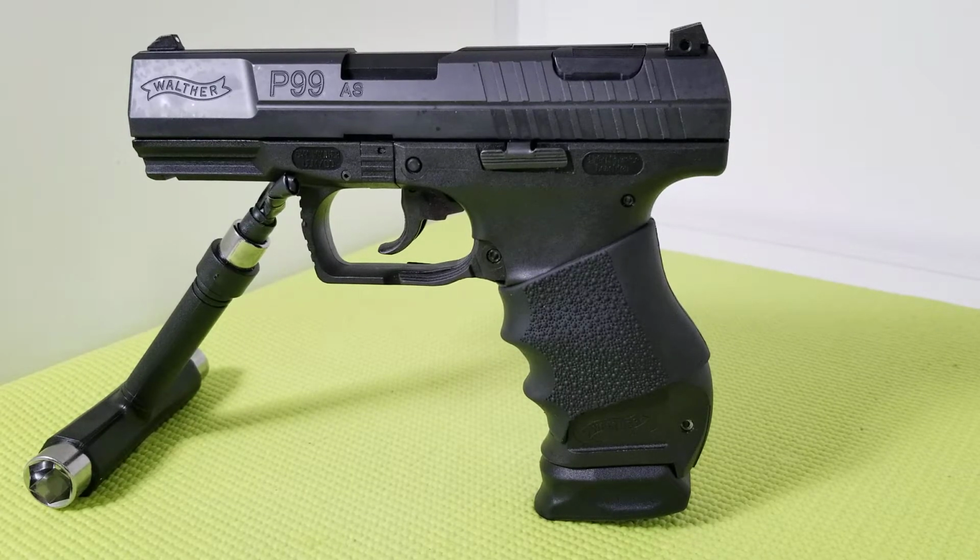Now let me start by saying what I suggest to Walther. They should have steel sights. A $600 gun should have steel sights. This is just a suggestion. It could have a safety. I don't like a safety on a gun, but maybe other people who like to have a safety could have an option. I'm talking just to have the perfect gun. And more accessories from Walther, like holsters and mag extensions, so you don't have to go looking for other compatibilities,